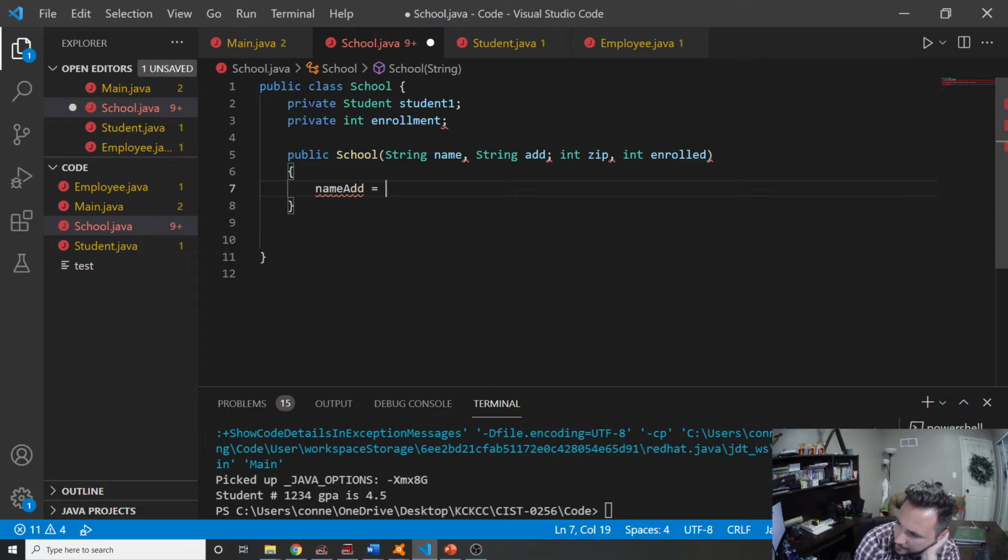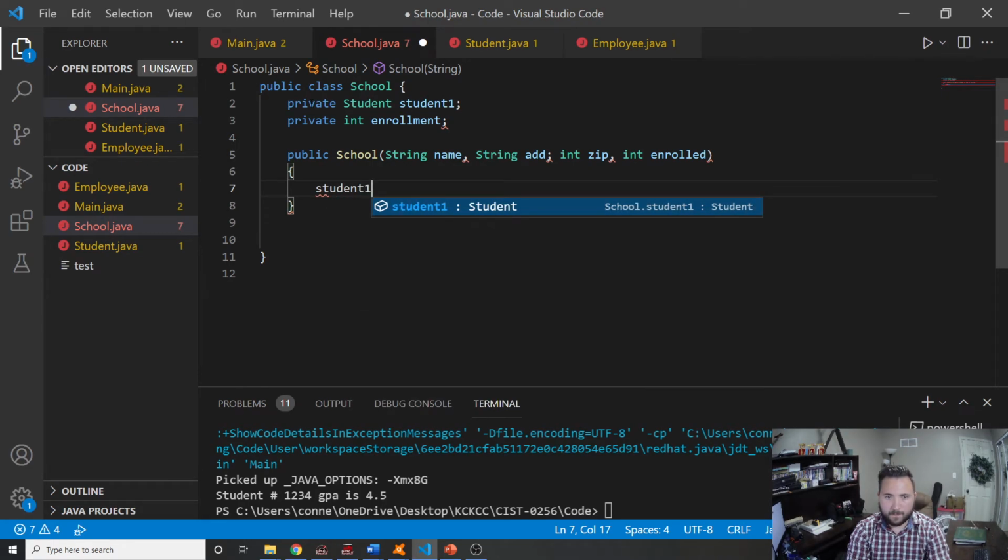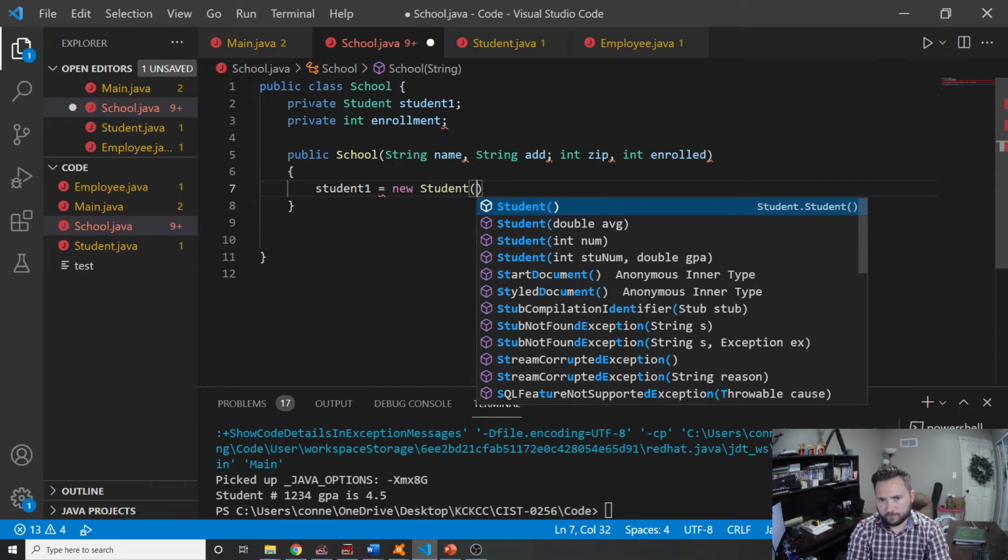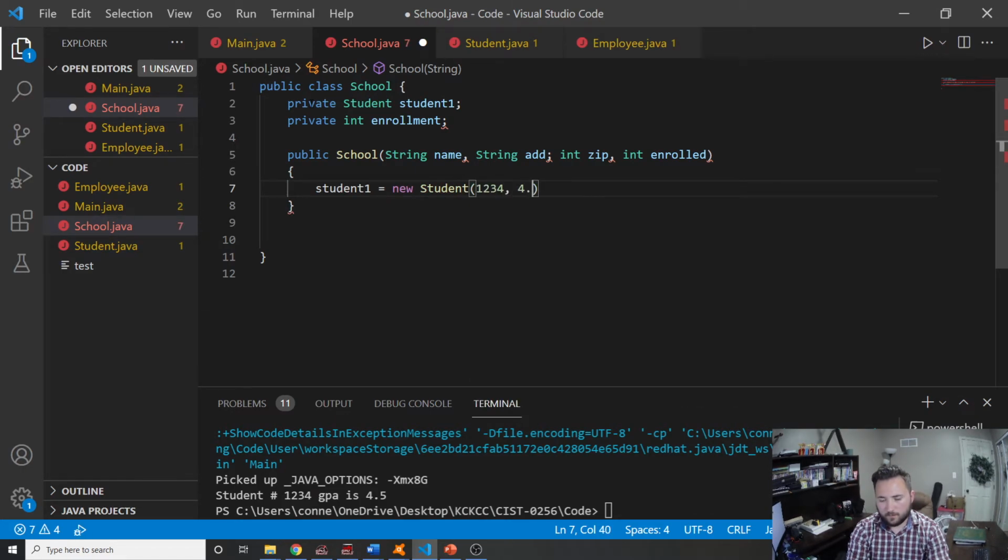Okay, so we haven't created the name and address. But what we can do, not name and address, we're going to do Student because I created the Student. So we're going to do student1, which is what I called it, equals new Student(1234, 4.5), because that's the code there. So that's going to create student1, should at least. And then that enrollment equals enrolled, which doesn't make sense because that's an integer, but